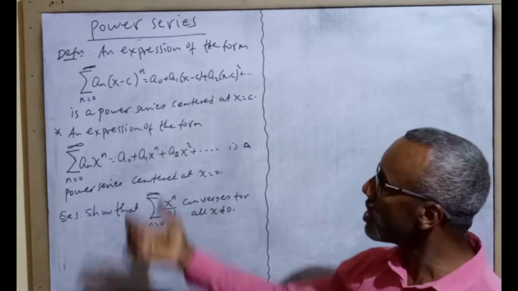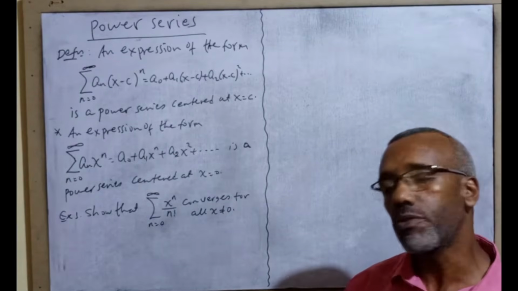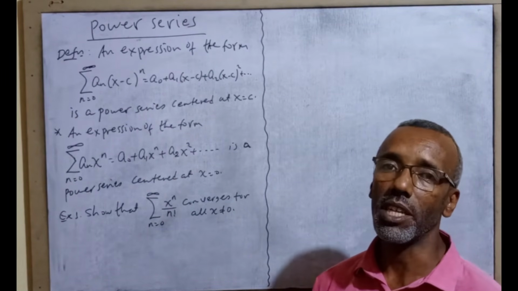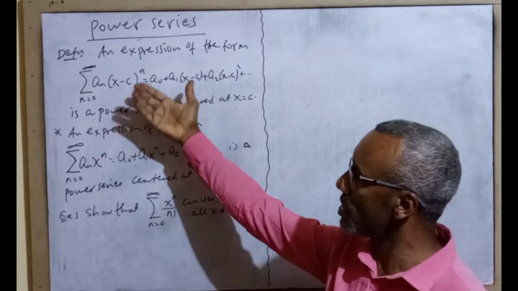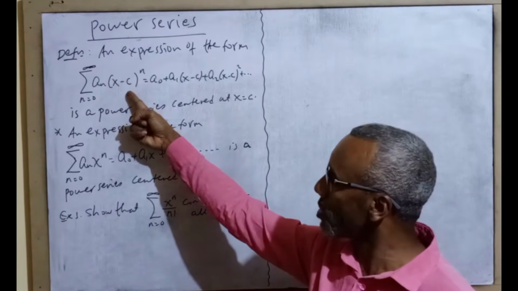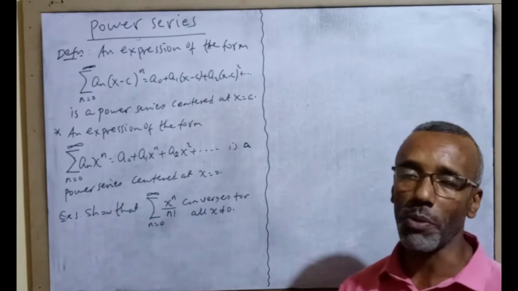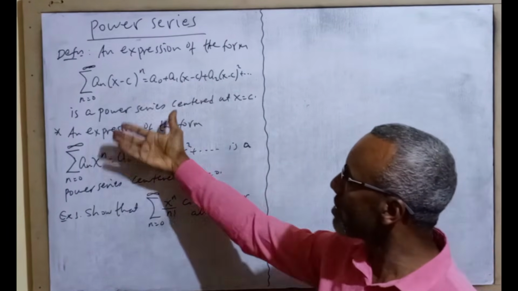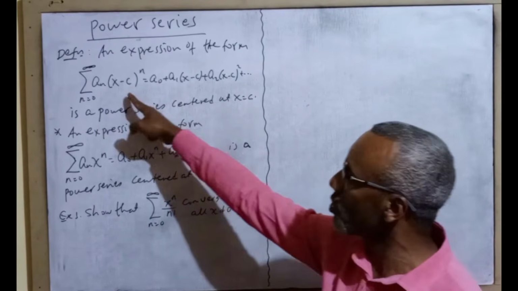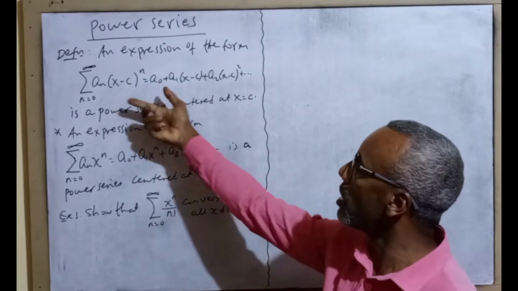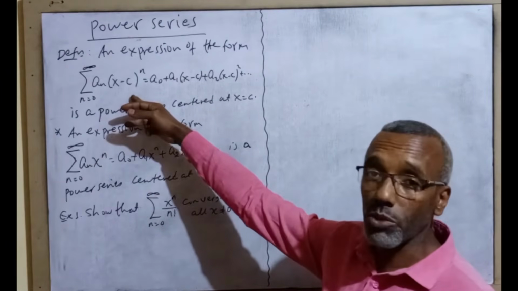ስለዚህ አንድ ኤክስፕሬሽን or አንድ ፈንክሽን በዚህ አይነት ፎርም ከተቀመጠ This is known as power series representation of a function. Power series ምንለው ምንድነው? A polynomial of infinite degree ማለት ነው። ስለዚህ n runs degree of this ማለት ነው x minus c raised to n. n runs from 0 to positive infinity ነው። ስለዚህ this is a kind of polynomial with infinite degree ማለት ነው። ስለዚህ ይሄ polynomial functionአችን ወይም ደግሞ ይሄ power series center የሚያደርገው የት ነው at x is equal to c ነው። at x is equal to c ይሄ ምንድነው ማለት ነው 0 ነው ማለት ነው this polynomial function is 0